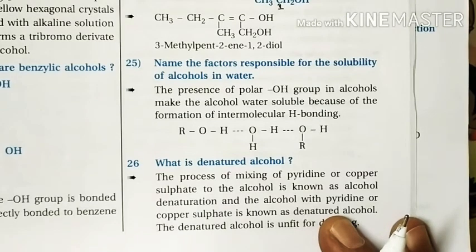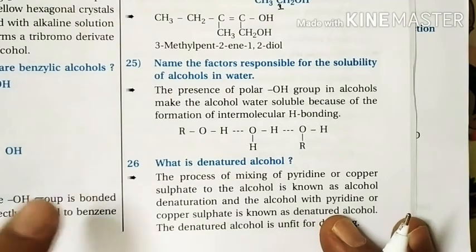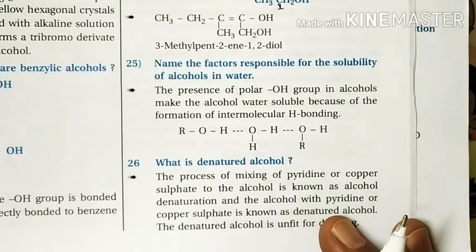One is hydrogen bonding. Means the OH group in alcohol, being polar, forms a hydrogen bond with water. Greater the extent of hydrogen bonding, higher is the solubility. So if we increase the OH groups, definitely water solubility increases. And number two is the size of alkyl or aryl group. Higher the hydrocarbon part, lower is the extent of hydrogen bonding, so lower the solubility. So here they mention only one parameter, not two.